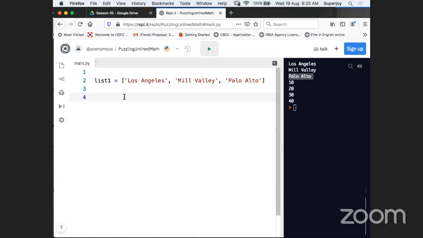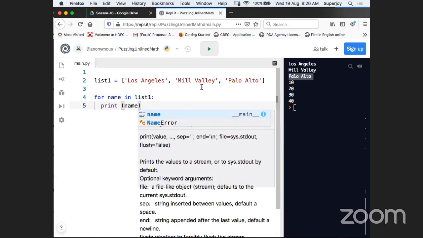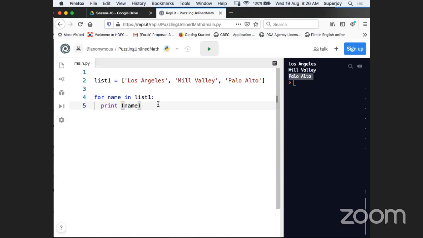For each name in list one, I print name. That is fine. It will print the city names. No big deal, we understand that now. But now I want to introduce one more statement here. I'm checking if, and then I have to put a condition. If name